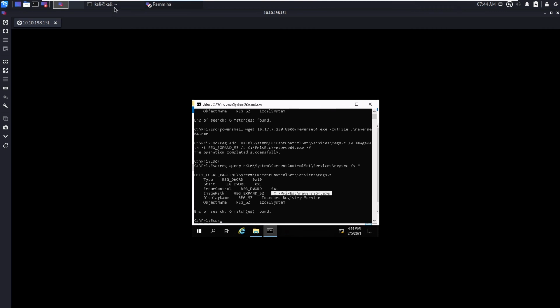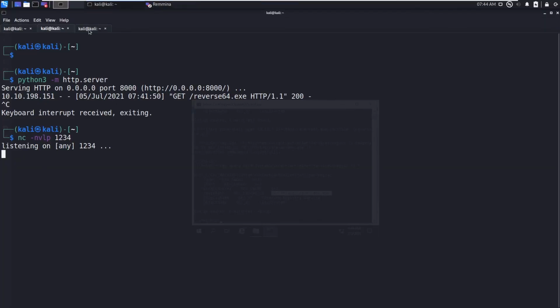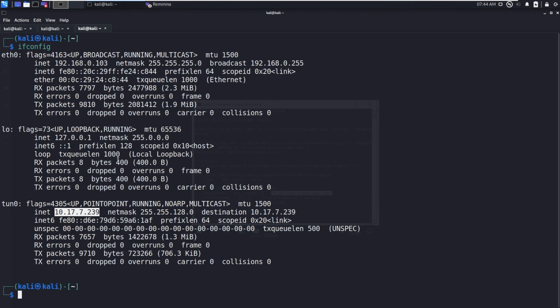Okay, I don't know on what port I compiled that MSFvenom command.